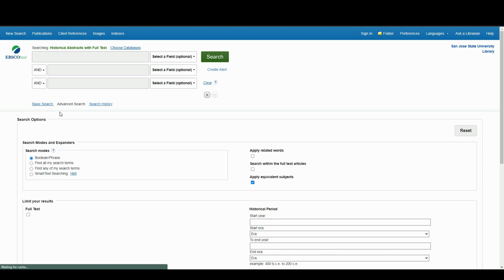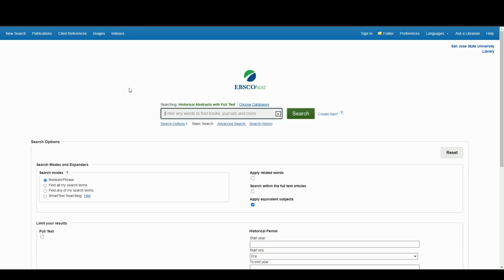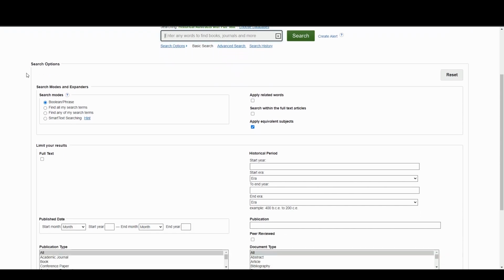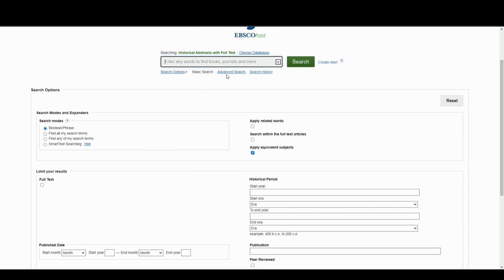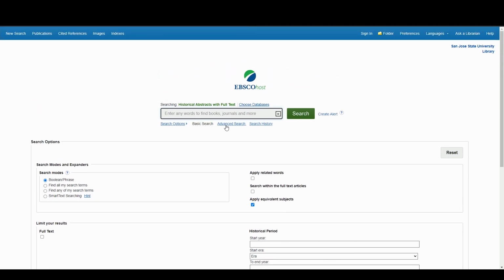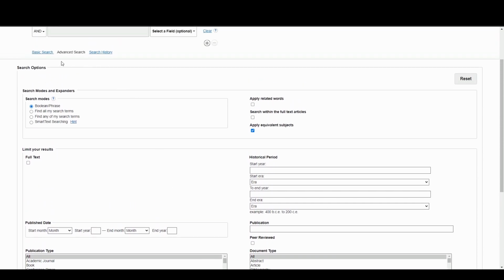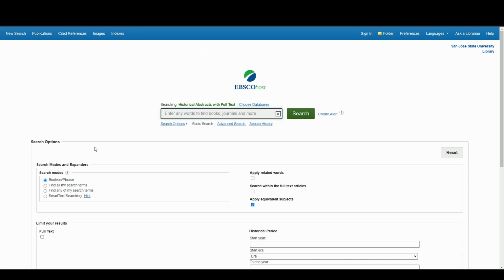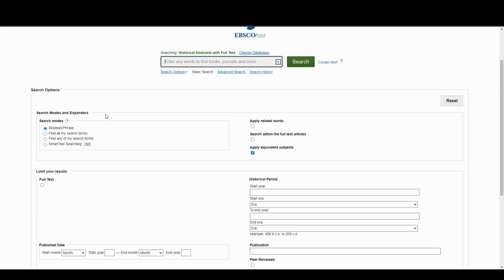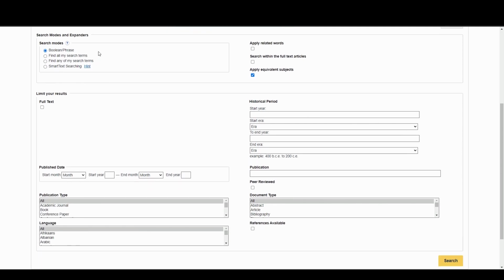To start, if you just have a basic question, the basic search page might suffice for you. Luckily, with EBSCO hosting this, you get their usual suite of search options and the like. One thing to note is, regardless of whether you're doing a basic search or an advanced search on this, the search options page down here will stay exactly the same. That way, regardless of whether you're doing a basic or you're using more advanced search options, this stuff will all be the same. So once you get used to it one time, you can use it anywhere on this database